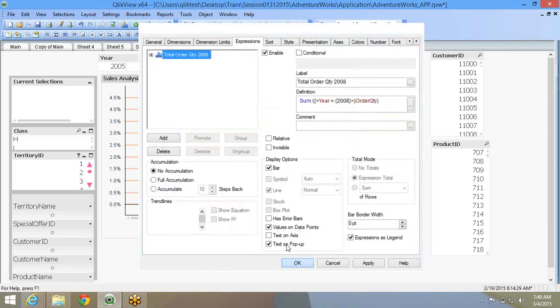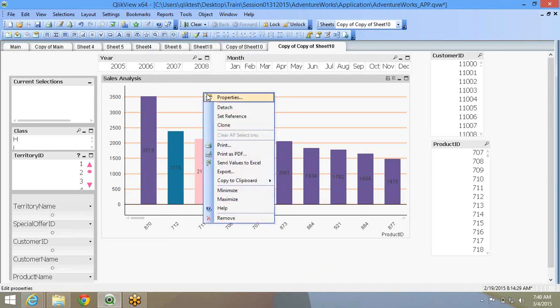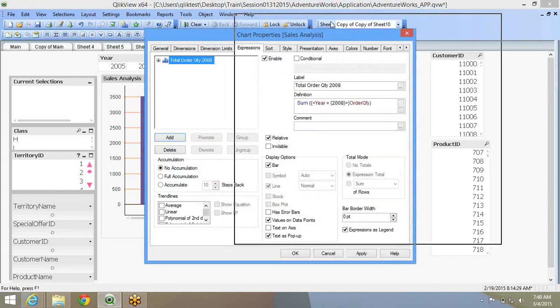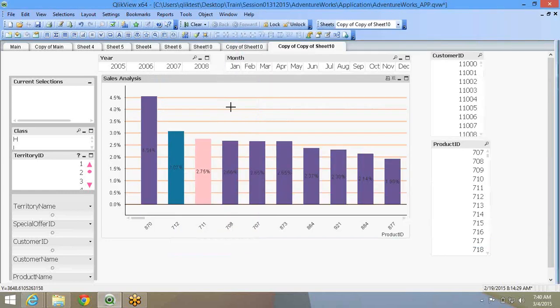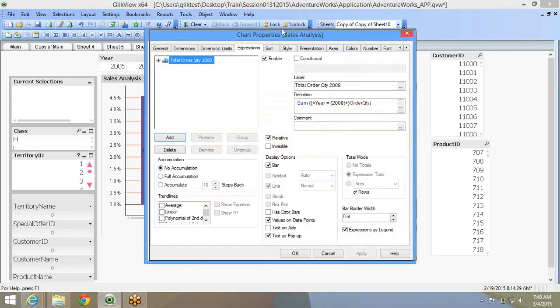If you don't check this, it will give you the absolute numbers, 3,519 units. The moment you check it, it converts to the relative percentage. So wherever you want it, you don't have to struggle calculating the overall total and dividing it. Just check relative, it will do the same thing.